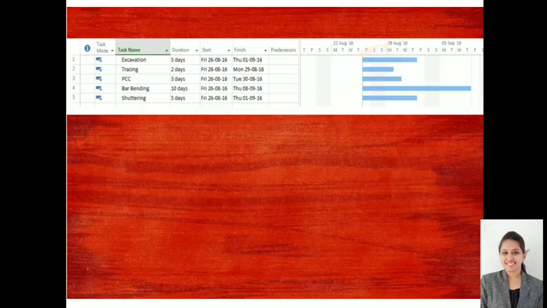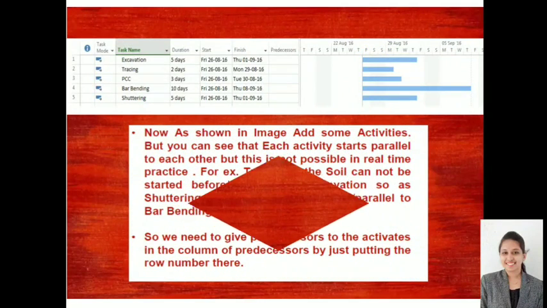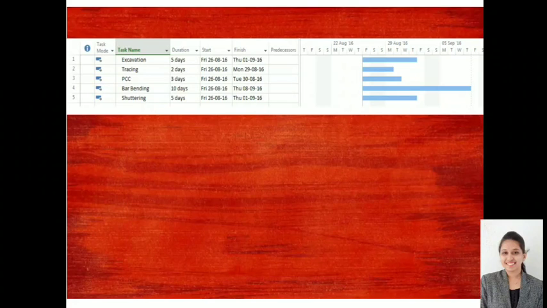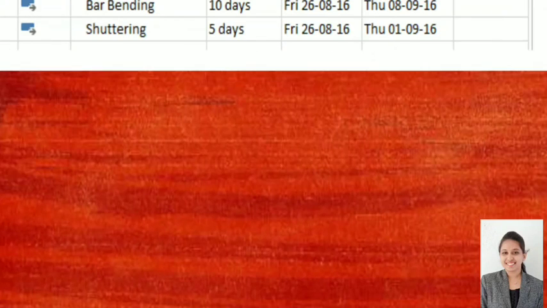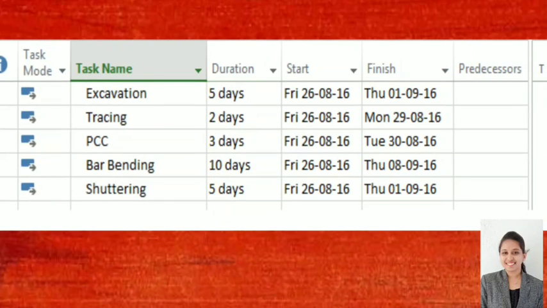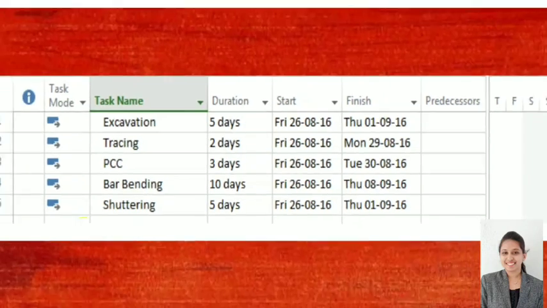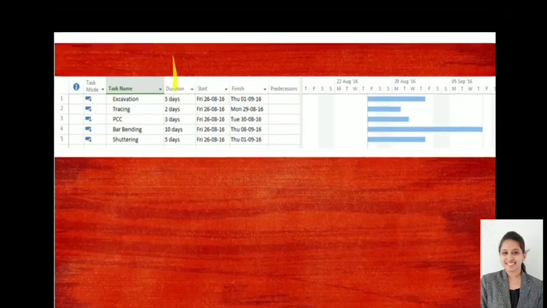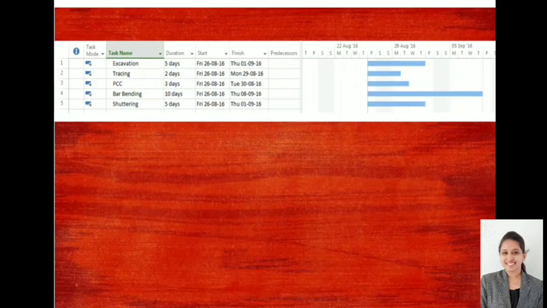Next, here you are seeing one more picture. I have entered a few of the activities, you can see in this picture. I have entered the various activity names and I have given the duration. After the activity names and duration, you are able to see the icon. It is auto scheduled. Because it is auto scheduled, you are able to see the start date and end date are also there. But you are able to make one observation.